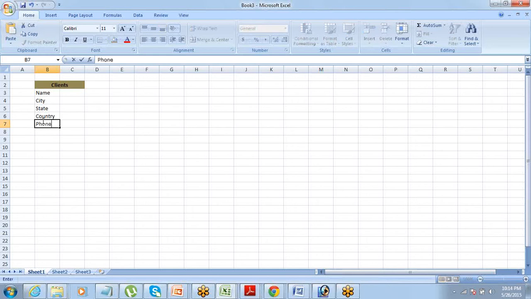They say, okay, we will track phone number also, we want fax also, the website, the industry of the client, the number of employees, and the revenue. Let's say these are the fields that I need to track for the clients.